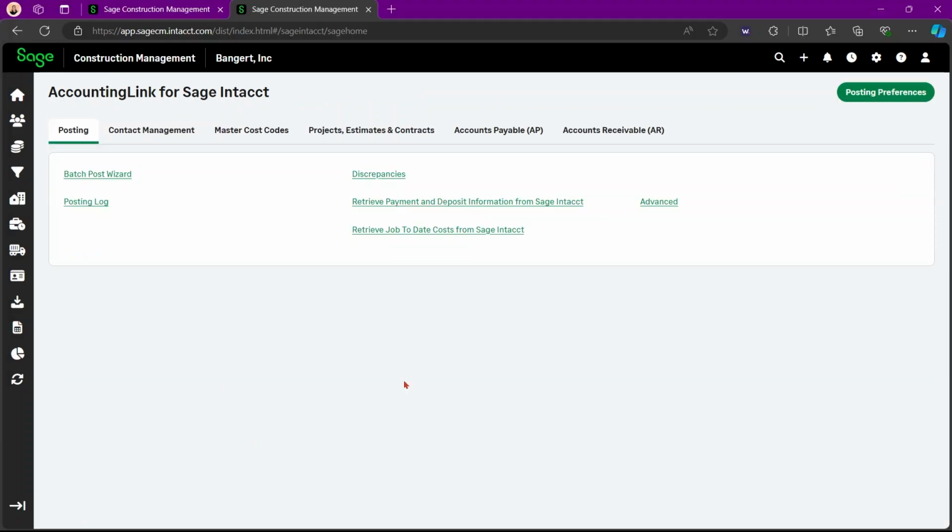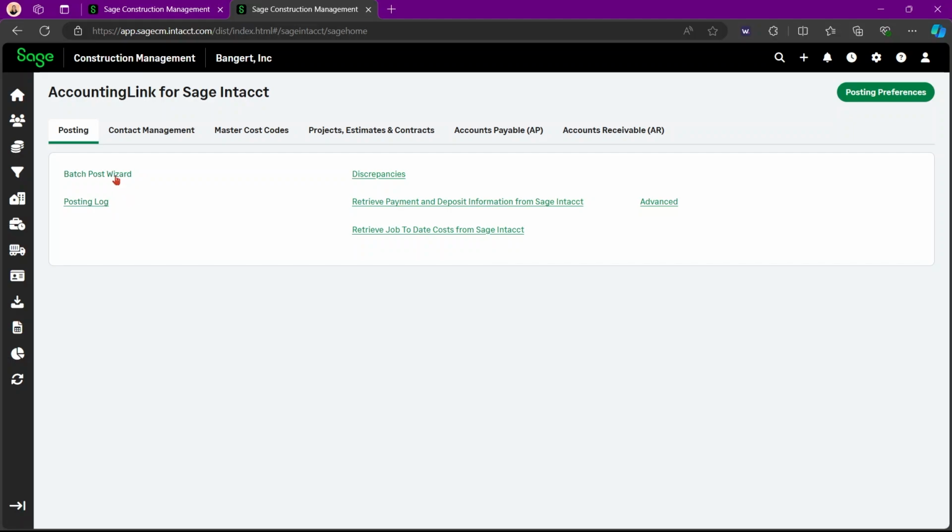Then also in the homepage, there are retrieve payment and deposit information from Intacct and retrieve job to date costs from Intacct. The data record is being retrieved from Intacct's payment and deposits, and the job to date costs are going to be shown in the posting log over here.